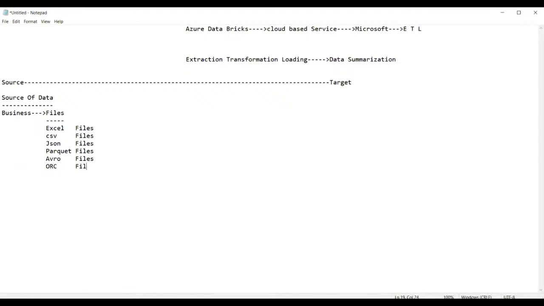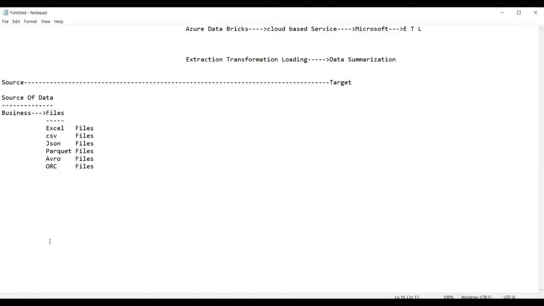Various types of files. That means we get the data ultimately from the business, and it is recorded in the form of files: Excel files, comma separated value files, JSON files, Parquet files, Avro files, ORC files.